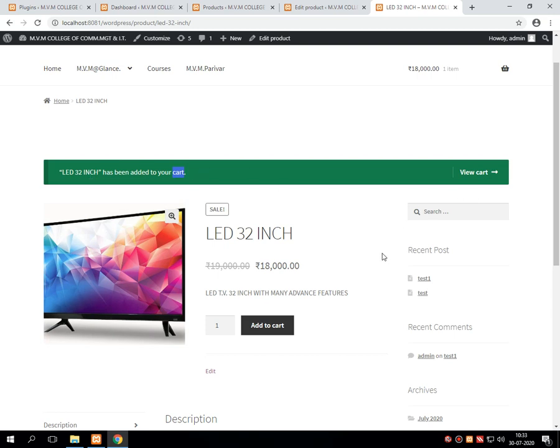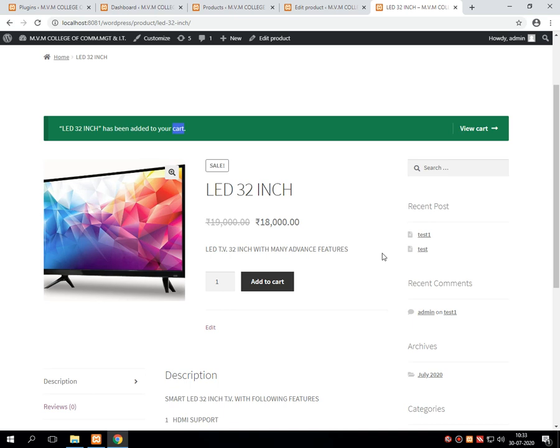Suppose over here you want to purchase another item, then you can continue with your shopping experience in the shop. But I don't want to continue with adding more items. I just want to make a bill of this particular item. Then what I am doing is I am just clicking on this view cart.